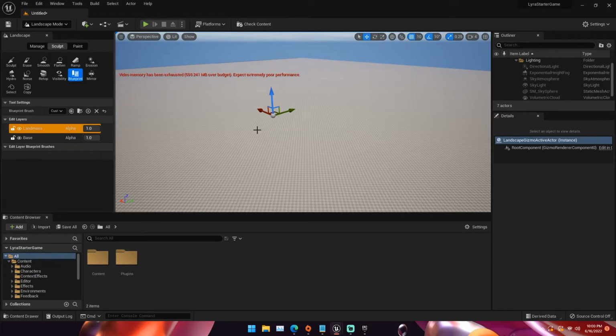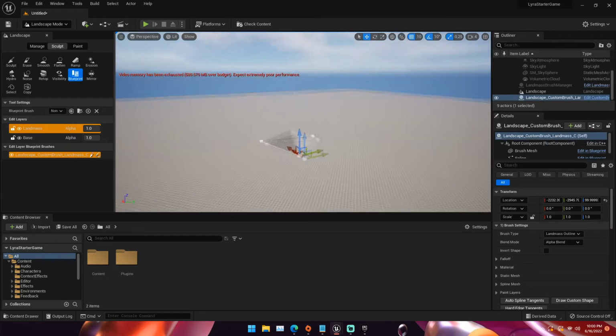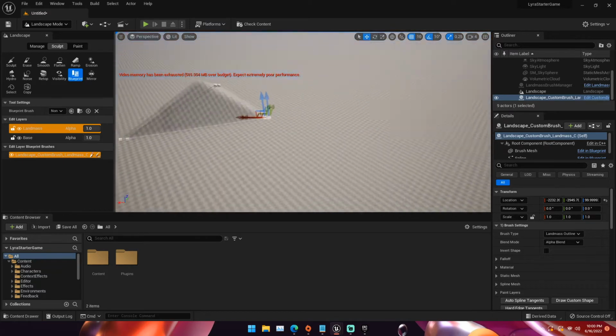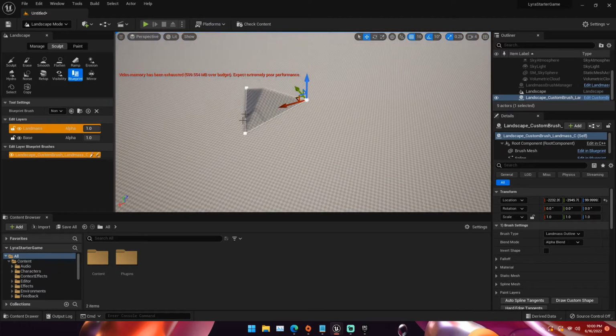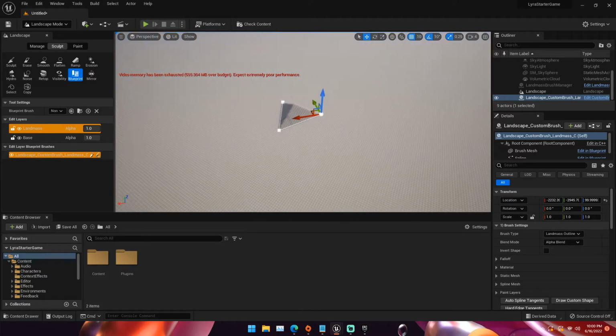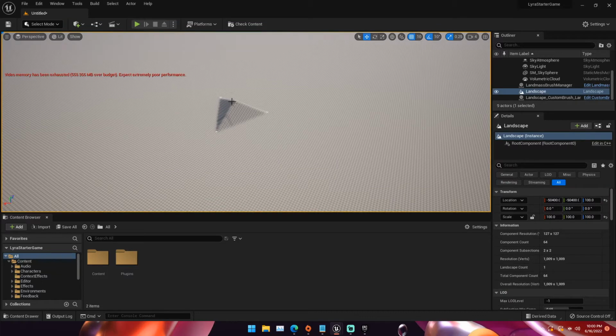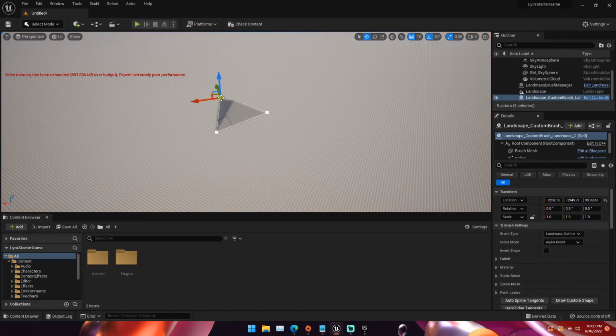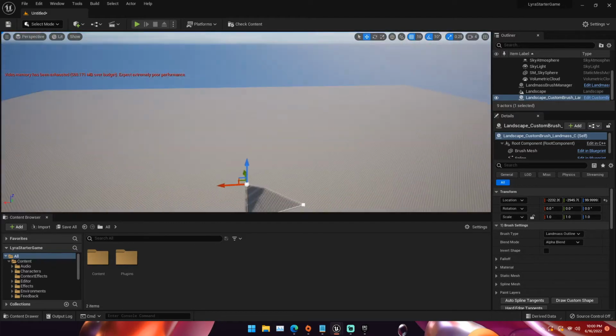For this, we're going to be on our landmass layer with our blueprint brush selected, and we're just going to click on our terrain, and you should see it adds in this little triangle. This triangle has spline points, and this is how we're going to be controlling our landscape. If we go back into select mode here, we can see that we can grab hold of one of our points right here, and we can start dragging it once Unreal stops